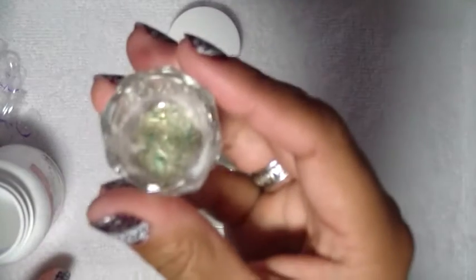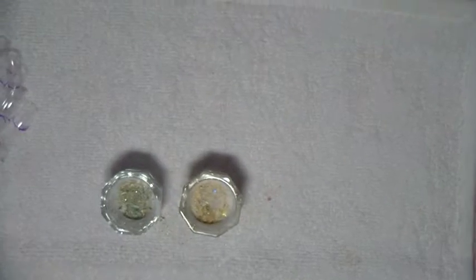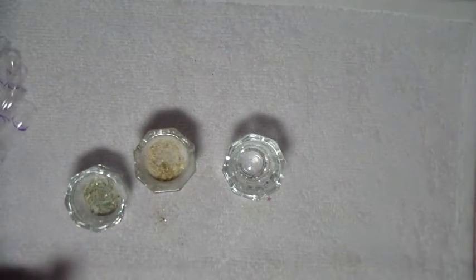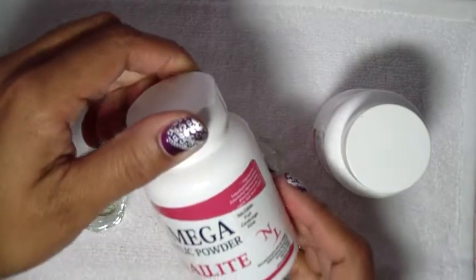Okay, so there's that. And honestly, this is the thing about the mixes, when you're looking at them, you think they're a lot greener. I thought that one was a lot greener than it is, but it'll be cool because it does have some green in it. I just wanted that nail to be a little bit different. So I have that. I'm going to need some monomer. I'm going to need some more clear acrylic, and I'll be using this cover pink, a full coverage pink on the